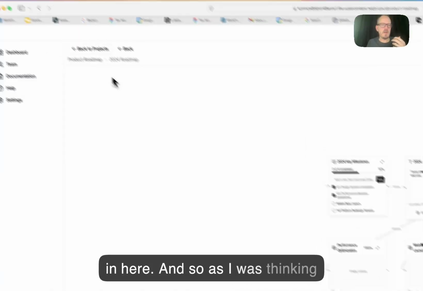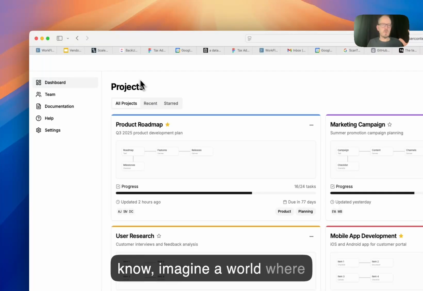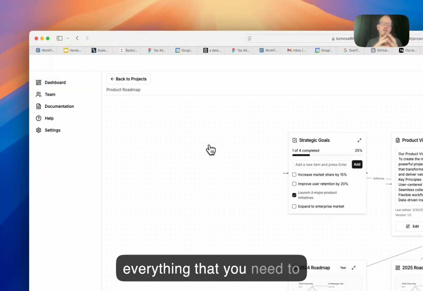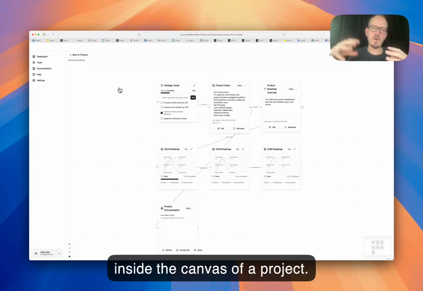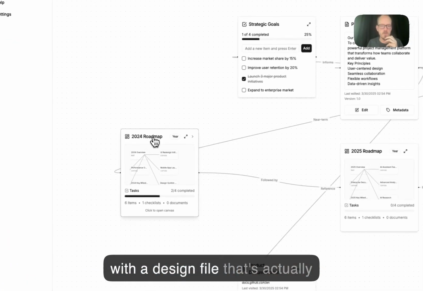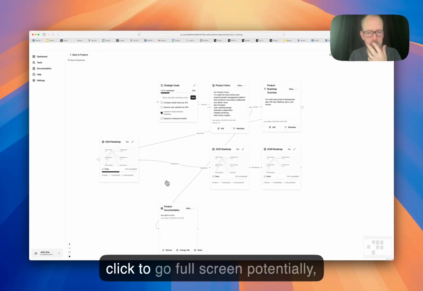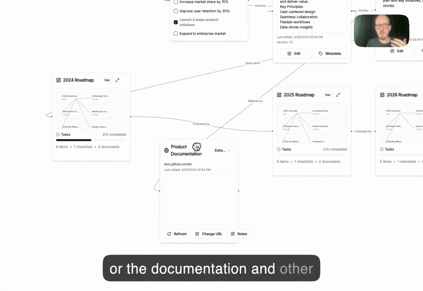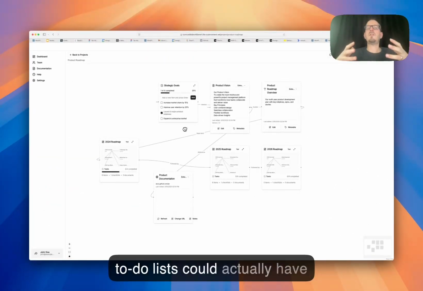And so as I was thinking about this, I was thinking, imagine a world where everything that you need to manage a project is actually inside the canvas of a project. And that could be a Figma link with a design file that's actually embedded here that you could click to go full screen, potentially, or the documentation and other URLs, to-do lists, and that these to-do lists could actually have